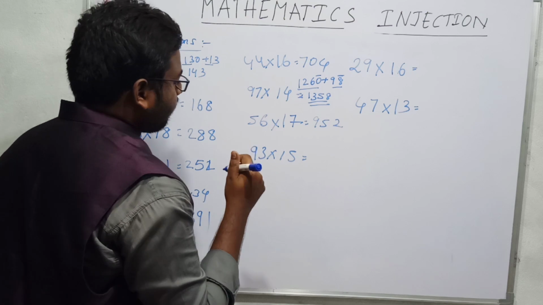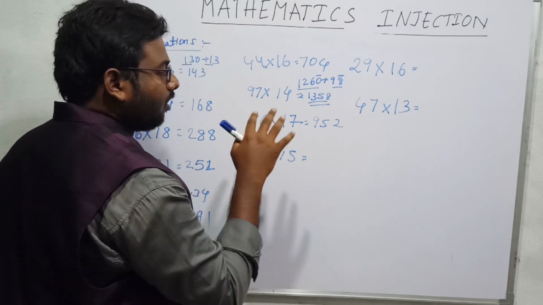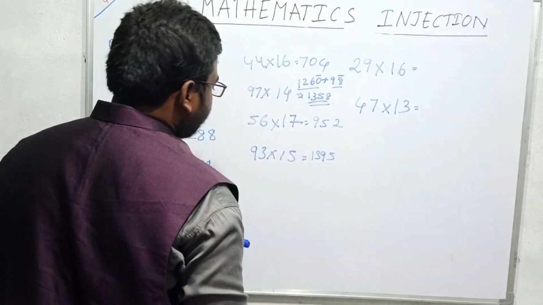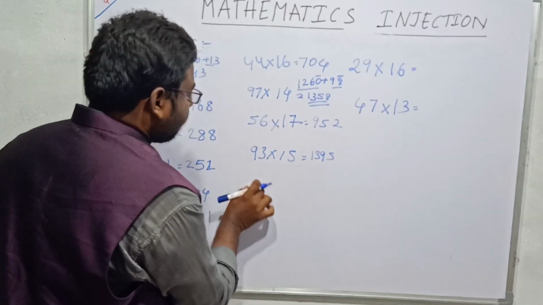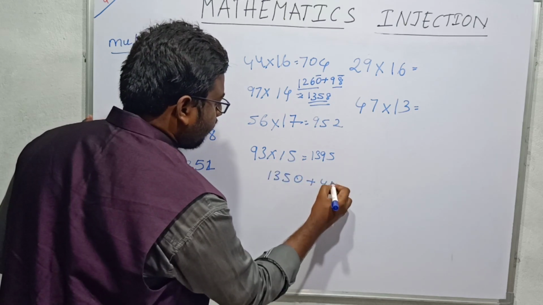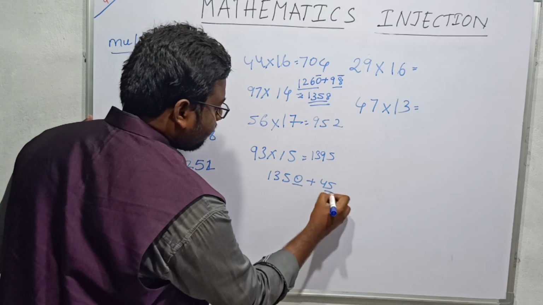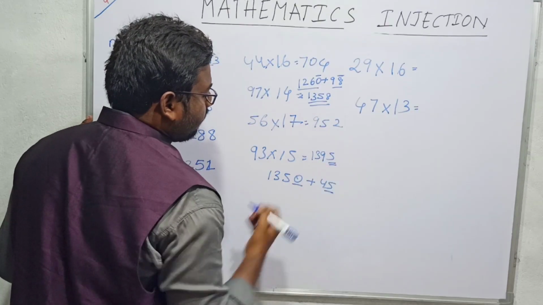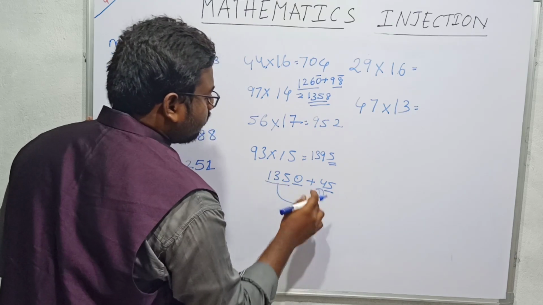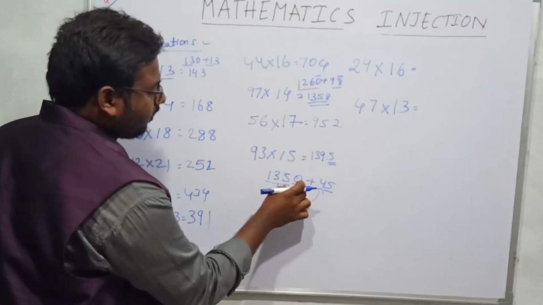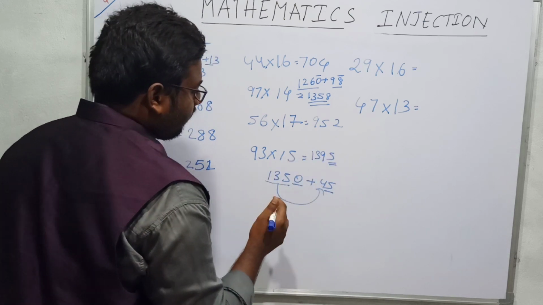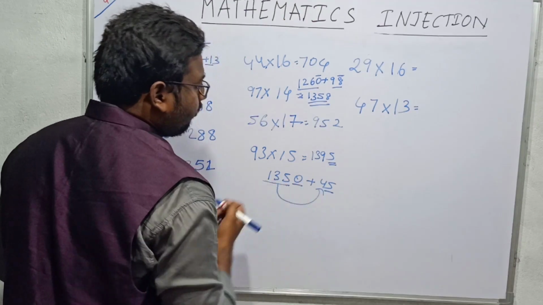15 9s is 135. 15 3s is 45. 135 plus 4, 139 beside 5. For example, if we see this clearly, 15 9s is 135, 0 plus 15 3s is 45. We know that 0 plus 5 is not disturbed, always 5, so we will keep 5 in mind, and we will add 135 to 4, so we will get 139. You need not add 90 plus 45; 50 plus 45 is 95, and 13 as it is. Better than this, I feel adding 135 to 4 is better.